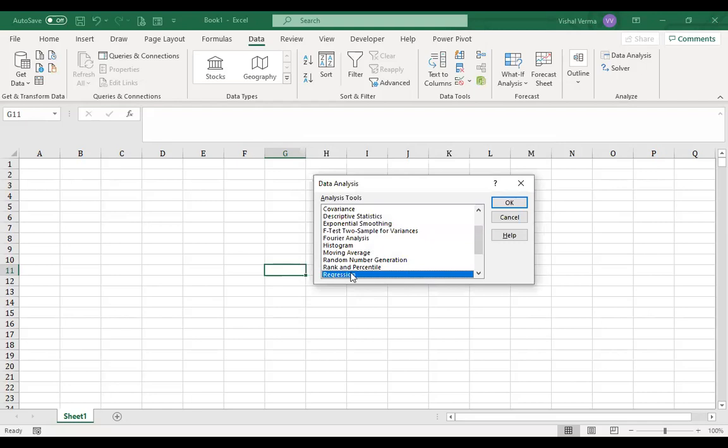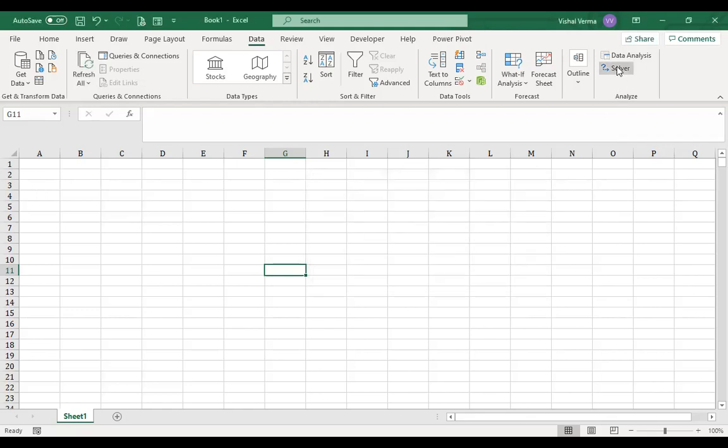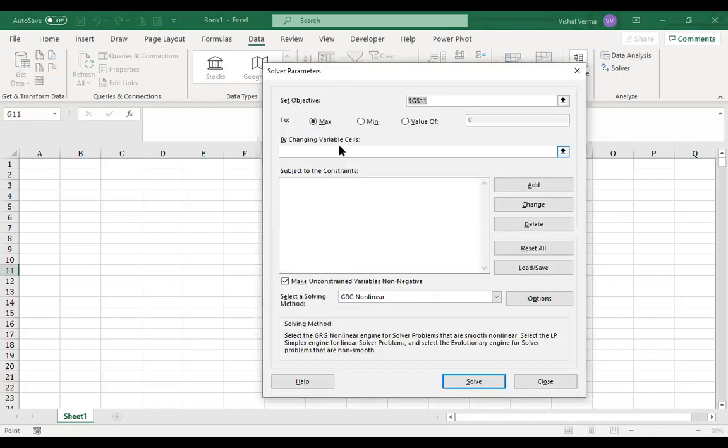So when we are talking about regression in the data analysis toolpack, we are talking about linear regression. It can be a simple linear regression or multiple linear regression. But in the data analysis toolpack, logistic regression is not possible. To resolve that, we use the solver. What the solver actually does is, on the basis of different combinations, it finds the best possible combination.